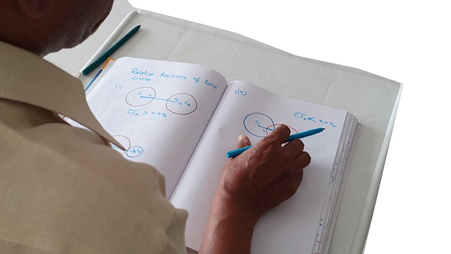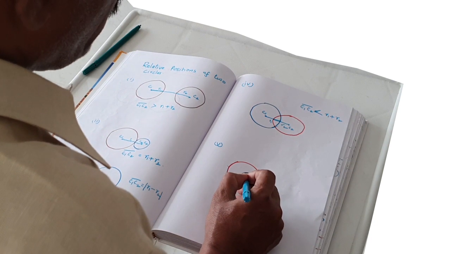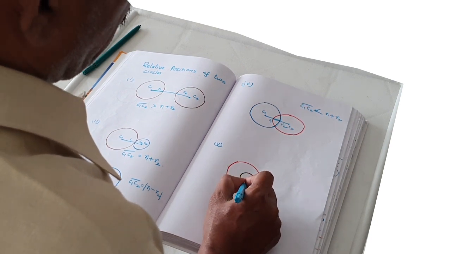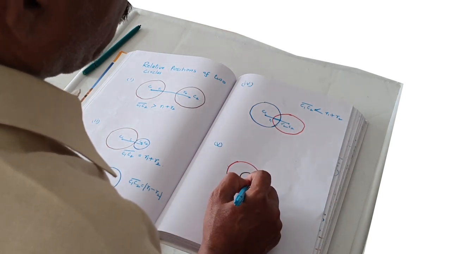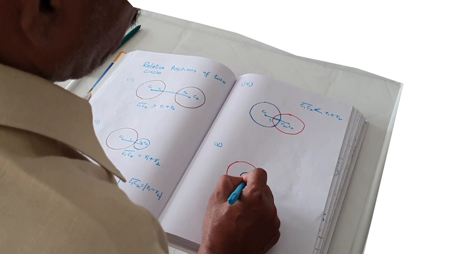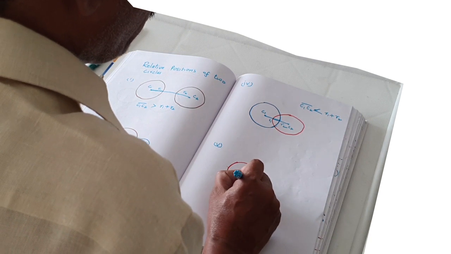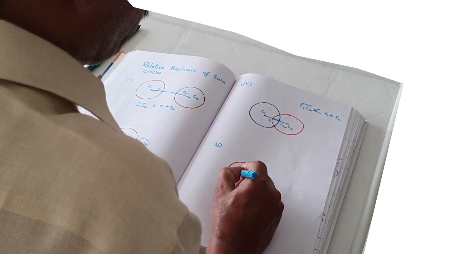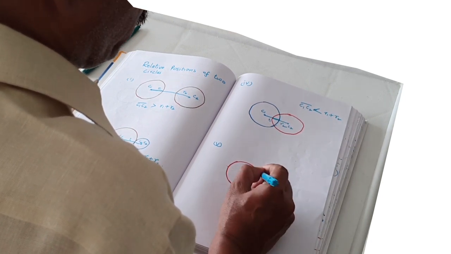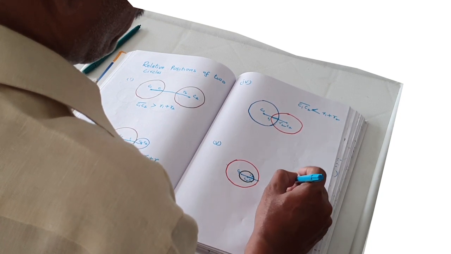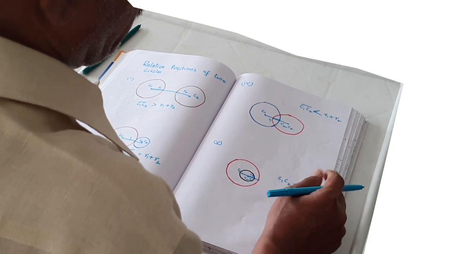In the fifth case, here you observe the two circles are not intersecting, not touching. Okay, they are not at a distance. The one circle is inside the other circle. So here my R1 is this one, C1 say, this one is C2 and this one is R2. So C1 C2 is less than R1 minus R2. Then the one circle is inscribed in the other circle.